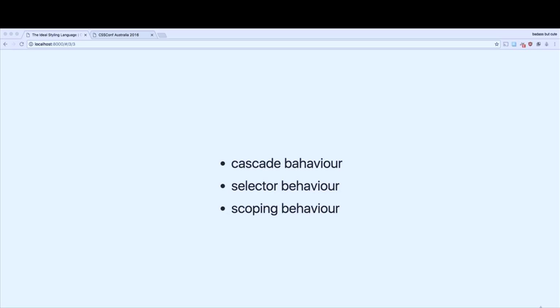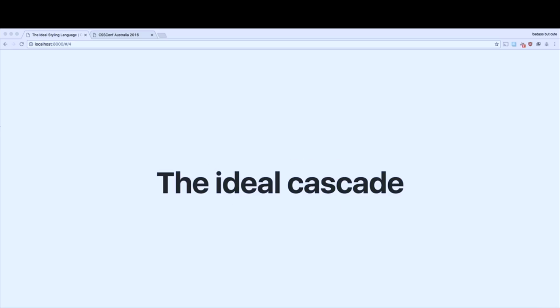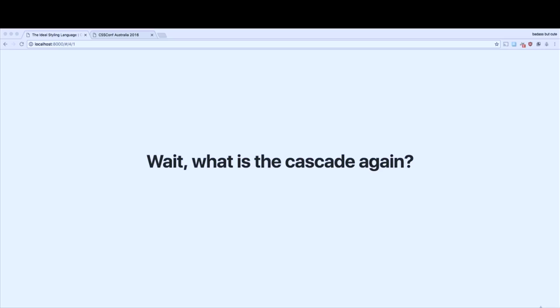So with my JavaScript rant done, we can go on to looking at the ideal styling language. I'm going to break this up into what I see as three core culprits to specificity wars. The first being the cascade. So what does our ideal cascade look like? Well, first of all, who here actually knows what the cascade is? I know, really weird question to ask at a CSS conference, but